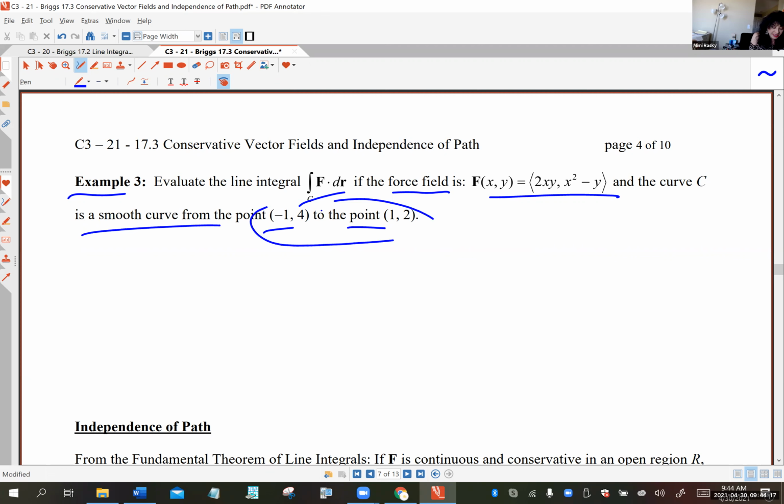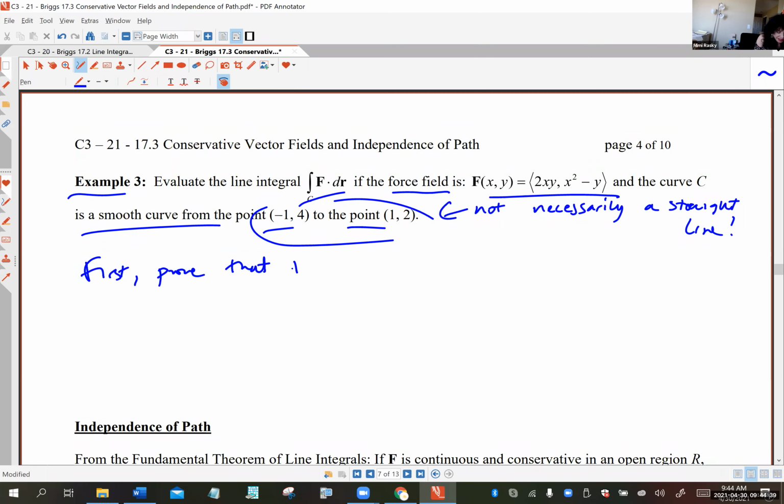And this is not necessarily a line. So don't do what I get people doing, who go, I'm going to parameterize it, and it's a straight line. Well, you have to be careful, because they didn't even say that anywhere. And does it matter for us? No, we don't care. Because we have access to the fundamental theorem of line integrals, I'm going to prove it first. So first, we're going to prove